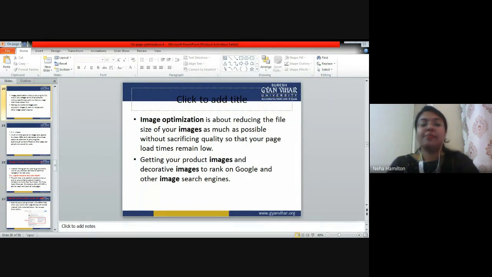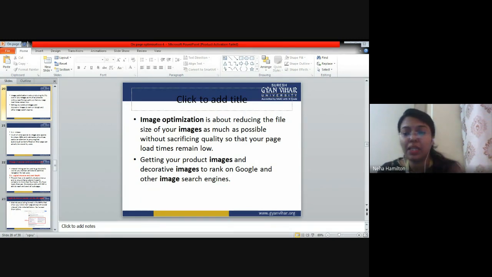The thing is that it is very important to know how to compress a picture. You can do it on your own laptop or your PC. In Windows picture also, we have JPEG image. You can easily compress that JPEG image. I will show you how. Just give me a second.